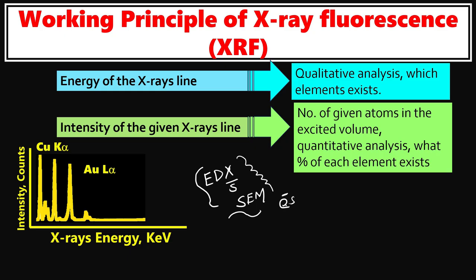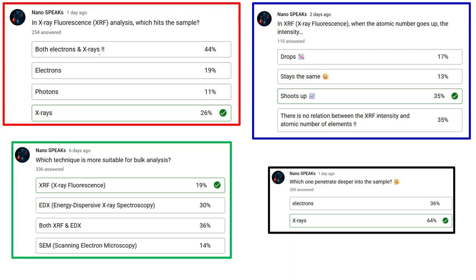And we know electrons do not have that penetration power. This is why these techniques are for the surface, for very, very thin films. However, XRF is basically used for bulk samples, for bulk analysis. So this video is very, very important because I posted a few questions on the YouTube community and you can see